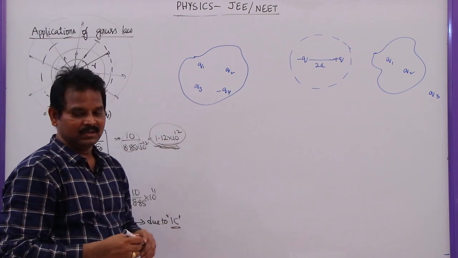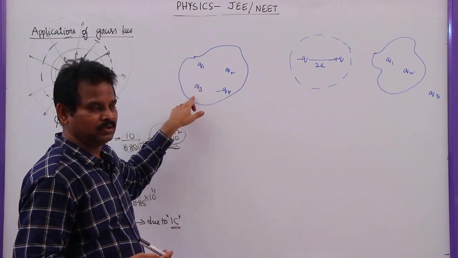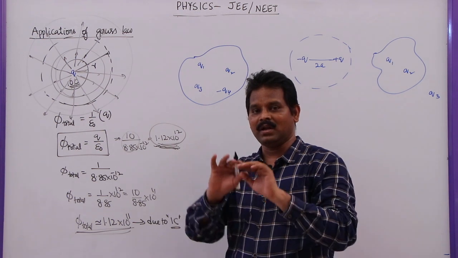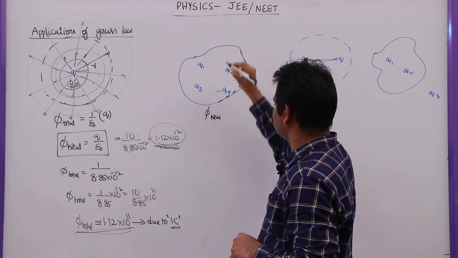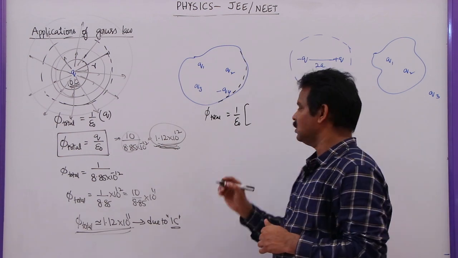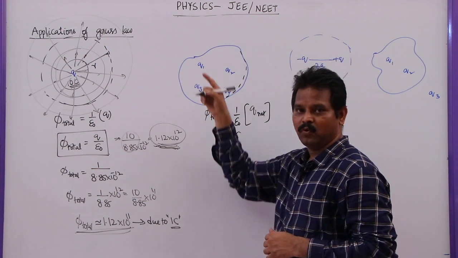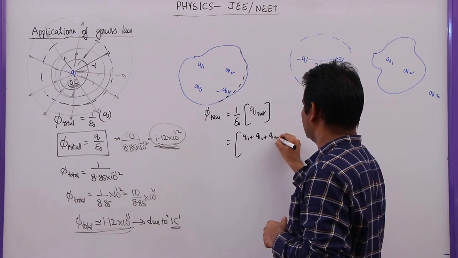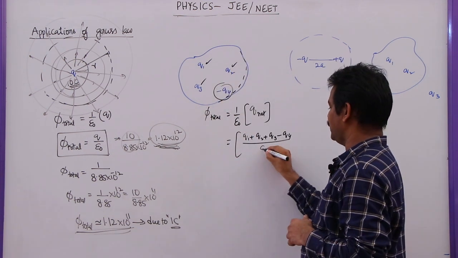Now, you see this second example. Here we have Q1, Q2, Q3, three positive charges, and the fourth one is a negative charge. All these four point charges are enclosed by a Gaussian surface. We can write the total flux through this closed Gaussian surface as 1 by epsilon naught times the net charge enclosed by the Gaussian surface. Here, the charge enclosed is the net charge. So what can we write? The sum of these four. We know that charge is additive. So we can write Q1 plus Q2 plus Q3 minus Q4, because these three are positive charges and this is a negative charge, by epsilon naught.